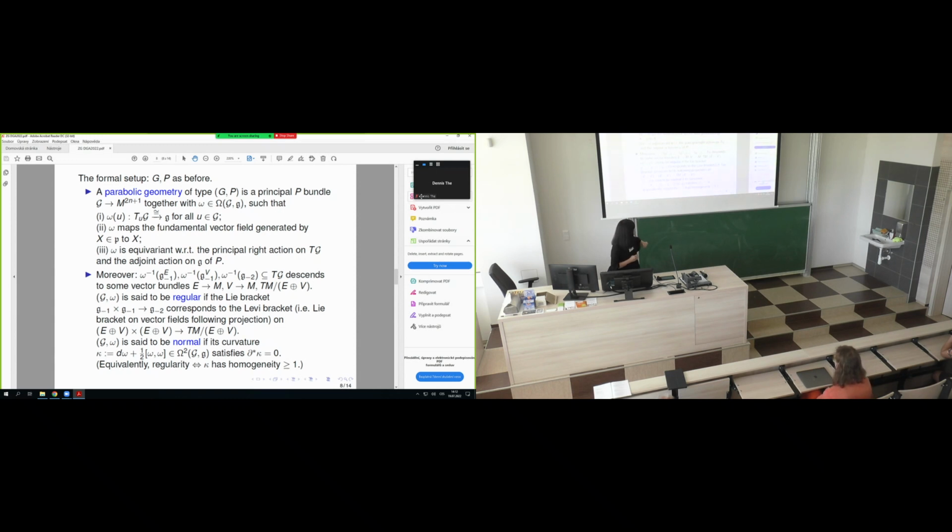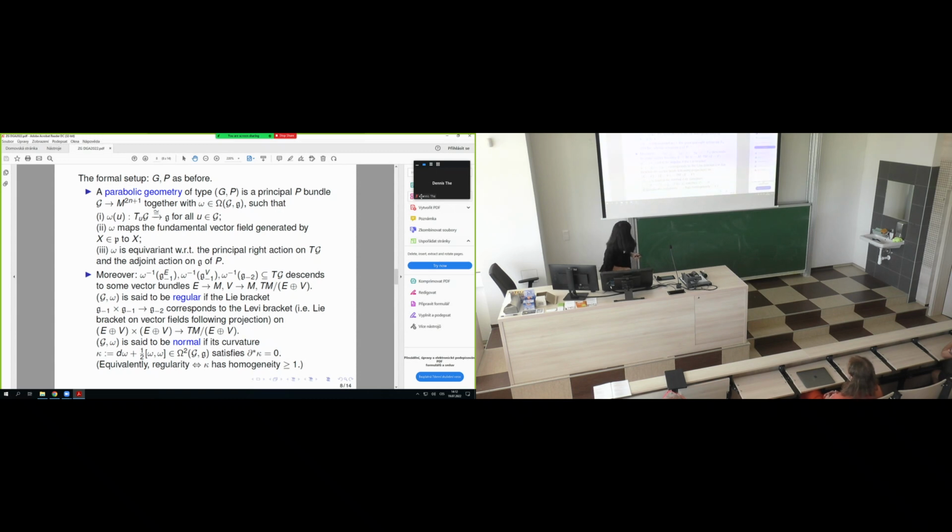And a parabolic geometry is said to be normal if its curvature satisfies some normality conditions. And here I changed, so the regularity definition is the same as the conventional definition of saying that the Cartan curvature has homogeneity greater or equal to 1. So for those who know the